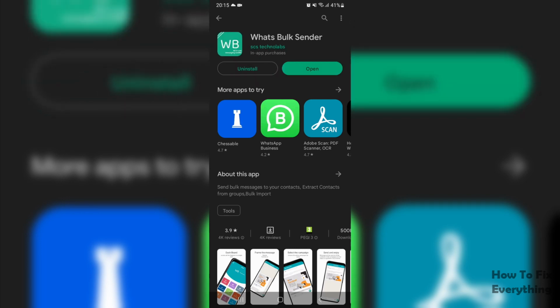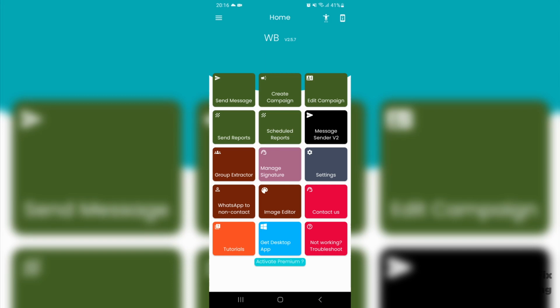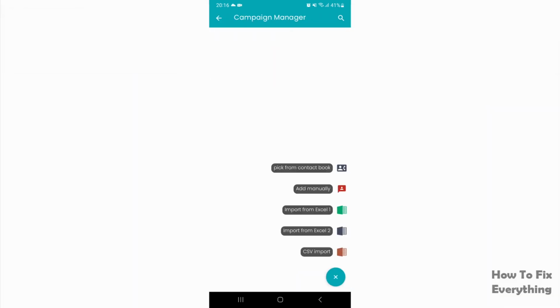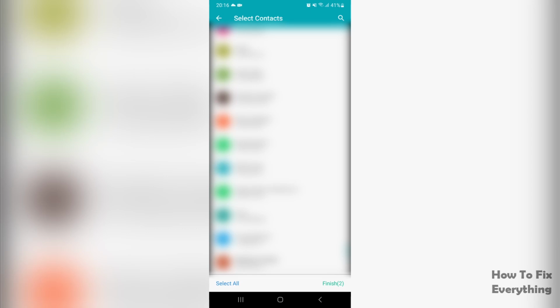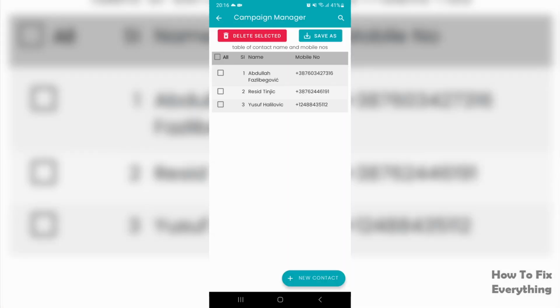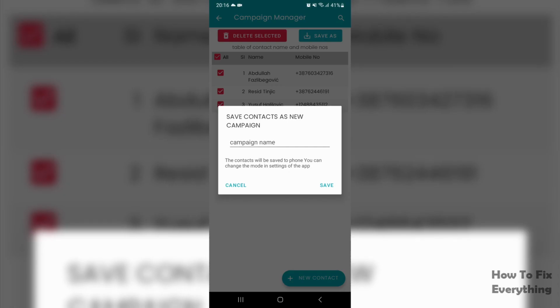And then click Open. Select your email and click Create Campaign. Now you can pick from a contact book, add the numbers manually, import from Excel or CSV, as you can see. Now I'm going to click pick from the contact book, and I'm just going to select a couple contacts. Let's click Finish. What I have to do now is select all, then Save As,